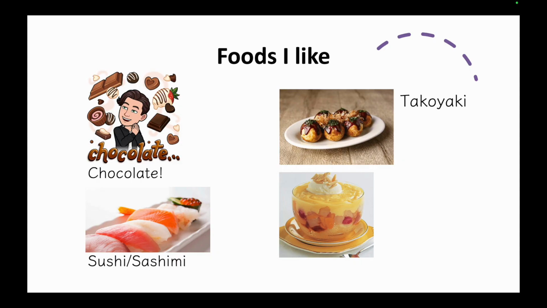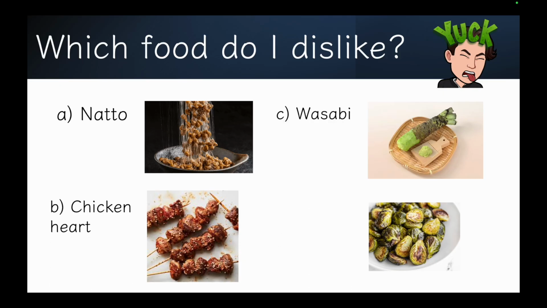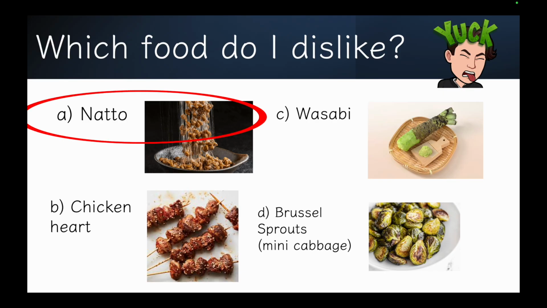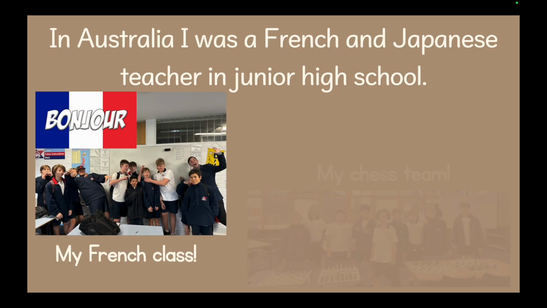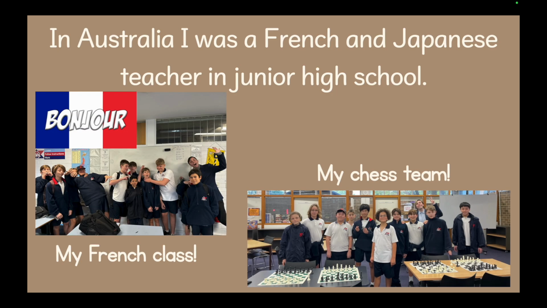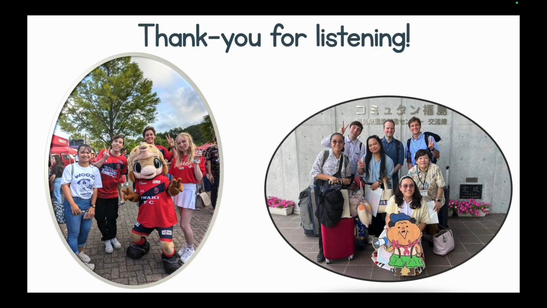This one I breeze through. This one, they like, about the foods I dislike, a little quiz. They all think it's wasabi. And none of them know what Brussels sprouts are. That's why I have mini cabbage. And then I kind of breeze past this one as well. If I do this one, I'm like, what's missing? And none of them pick up. I'm like, there's no girls in the picture. And they're like, oh. But yeah, that's it from me.